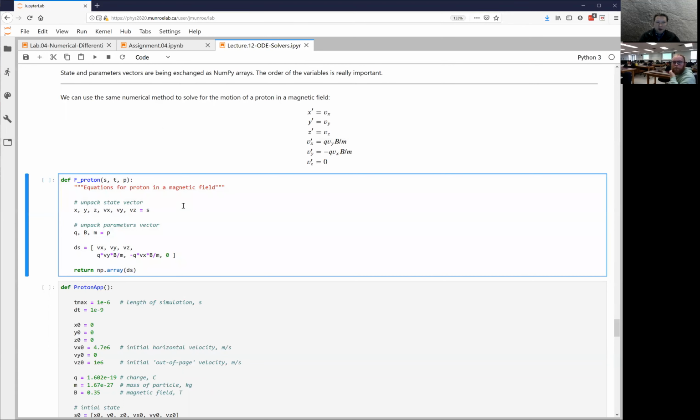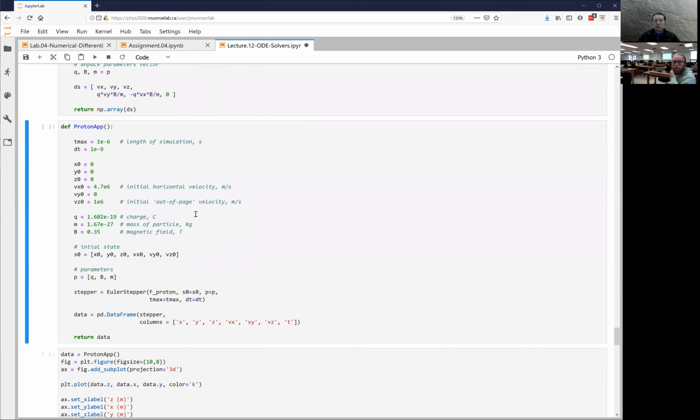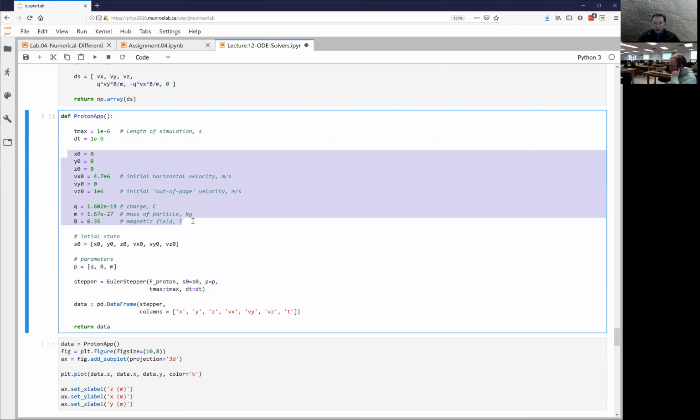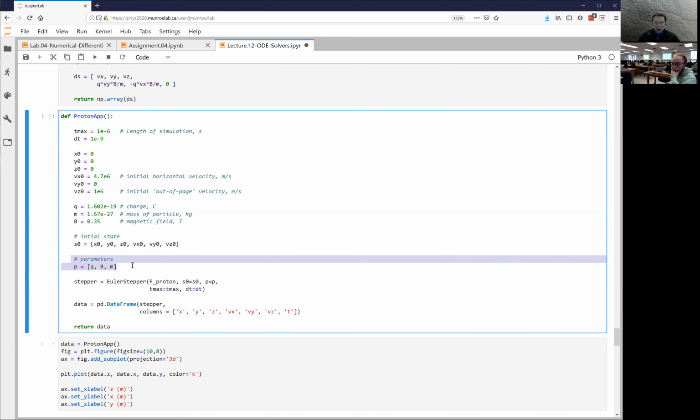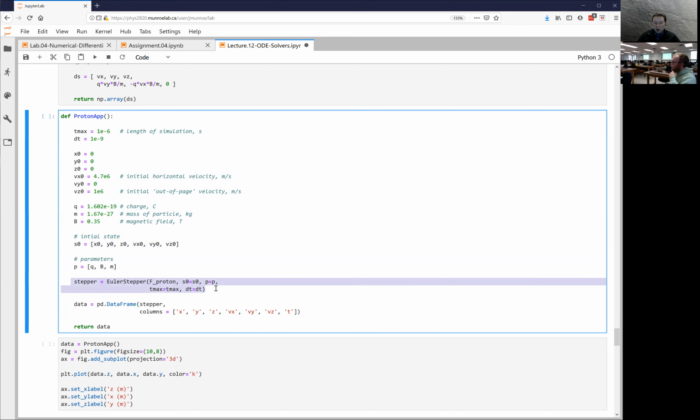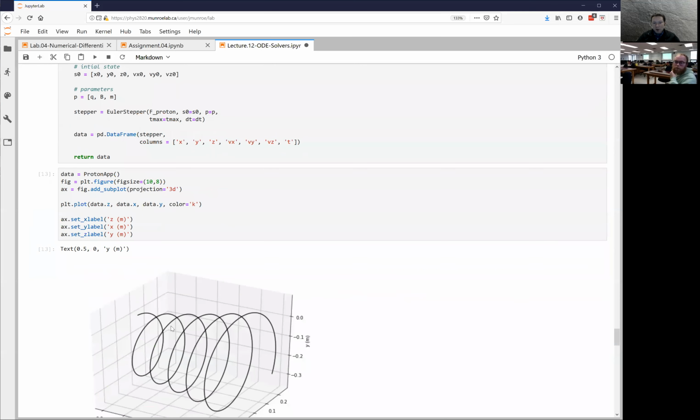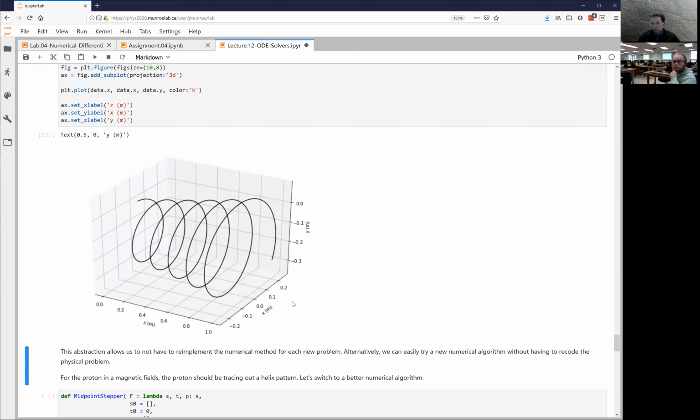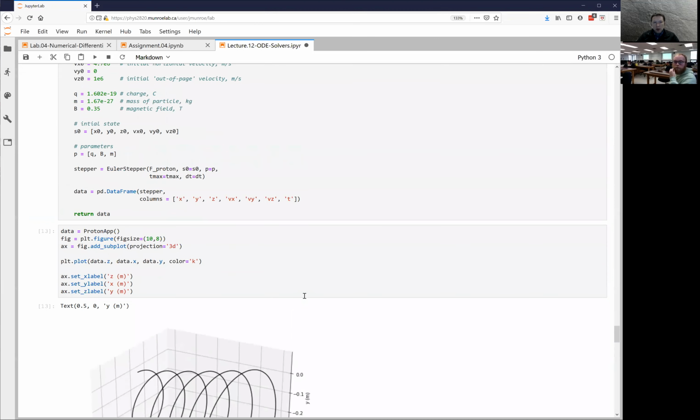If we want to use that function, then we can define some initial variables, come up with a state vector, come up with a parameter vector, and use the same stepper all the way through to solve for it. So what you're going to get if you plot it is a spiral, right, going all the way through. Now the thing is when you're writing these codes, because we're not using dictionaries, things with names,